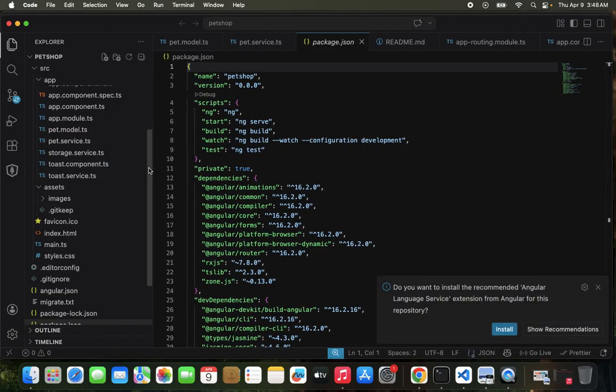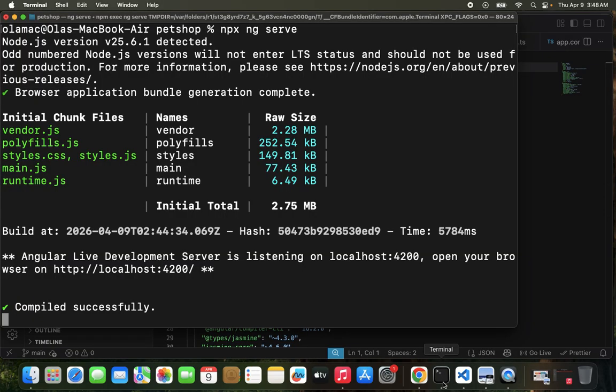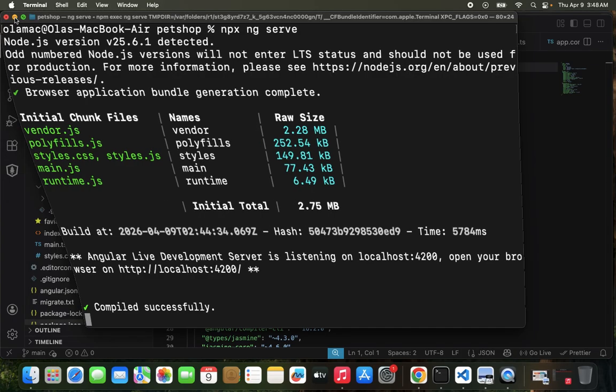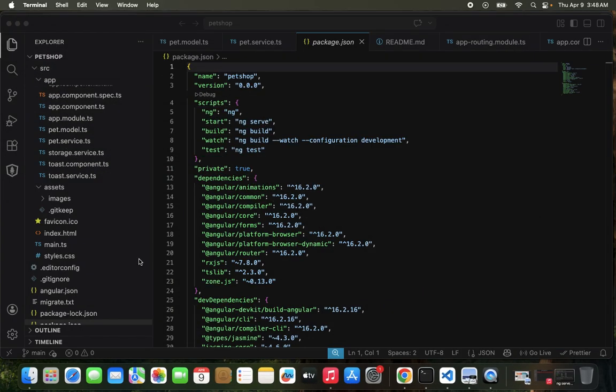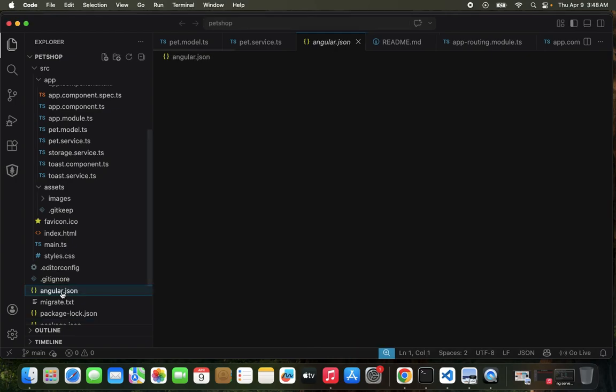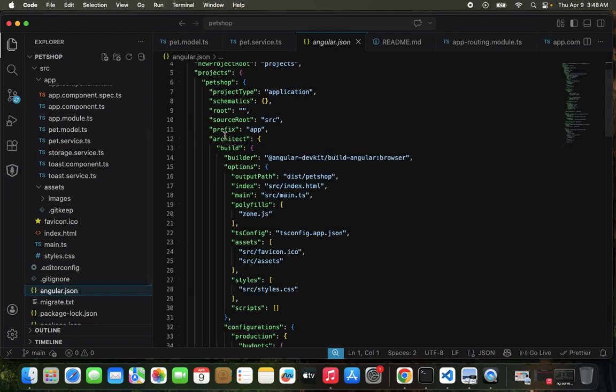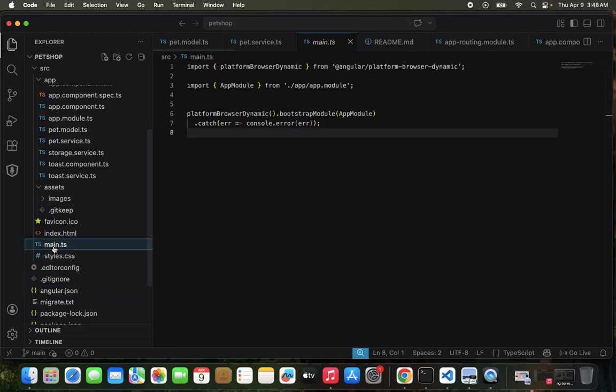I'm running the script in the terminal, and it's compiled successfully. What this script does is look into our angular.json file, which says the root of our application is main.ts, so it goes into our main.ts, and